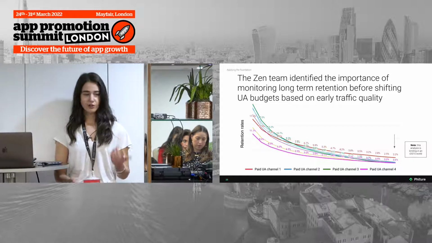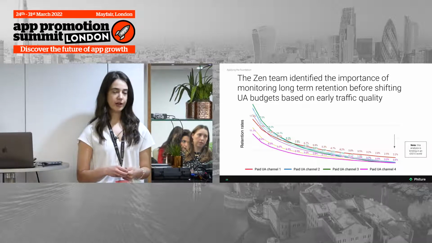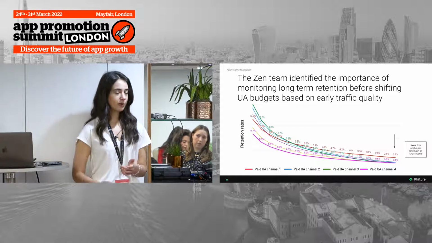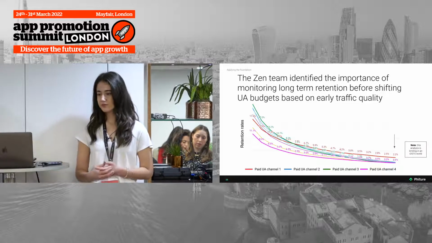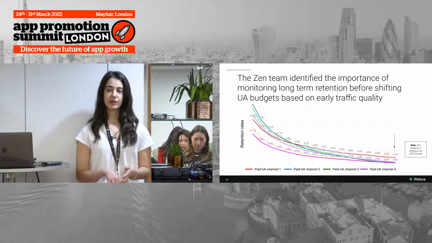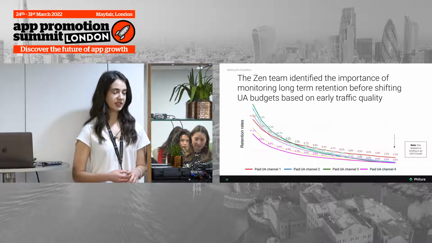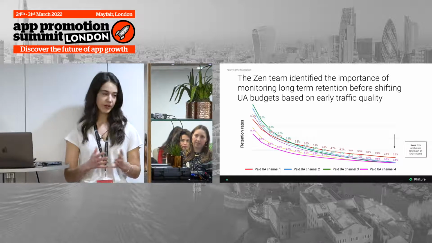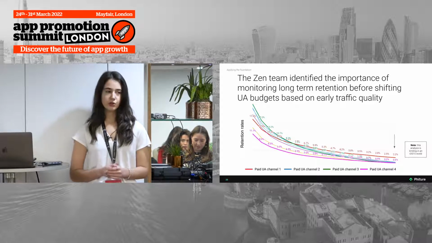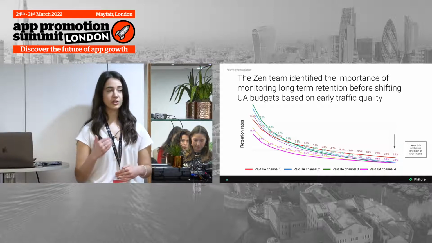So one other note that we have on the right-hand side there is that this is a bit limiting with iOS 15 because of the SKAdNetwork and timer issues on iOS ad spend. I mean, unless you're showing the ATT prompt and you're getting a really big chunk of your users opting in, then you will have this visibility, but for most advertisers, you won't. So you'll need to move a bit slower in figuring out where to ramp your budgets up and down.